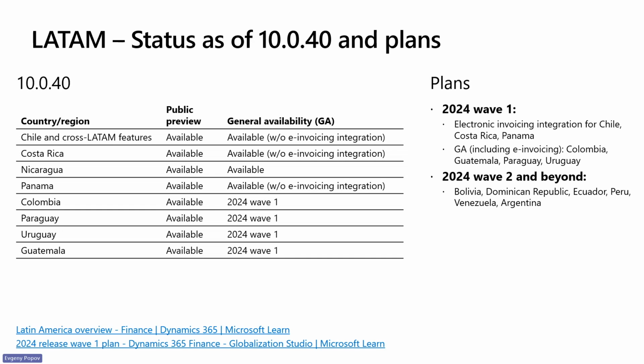But for the next 4 countries, Colombia, Guatemala, Paraguay, and Uruguay, the general availability should include electronic invoicing capabilities as well. And in the 2024 release wave 2 and beyond, we are going to add 6 more countries